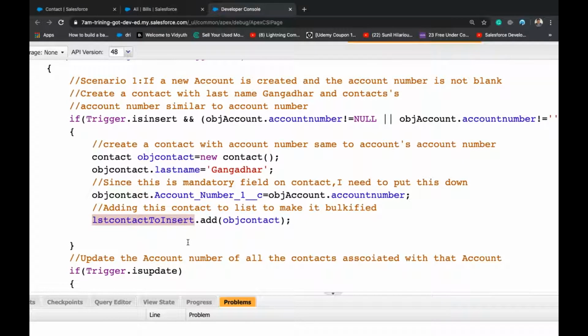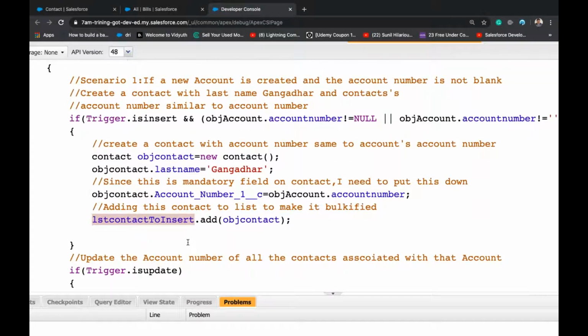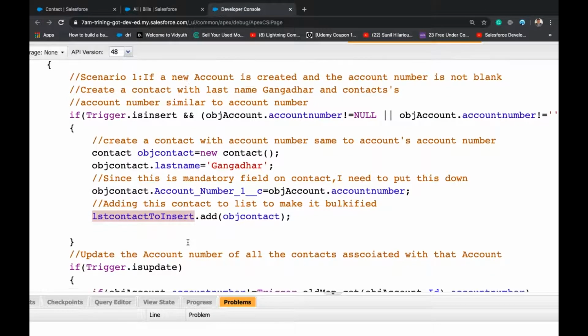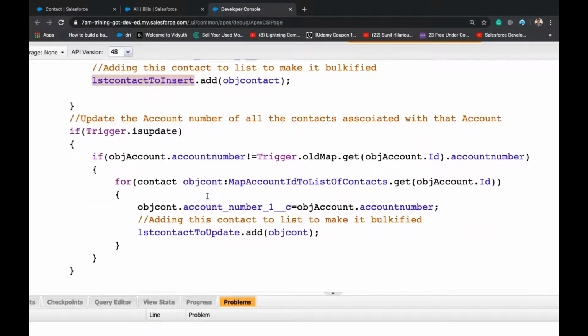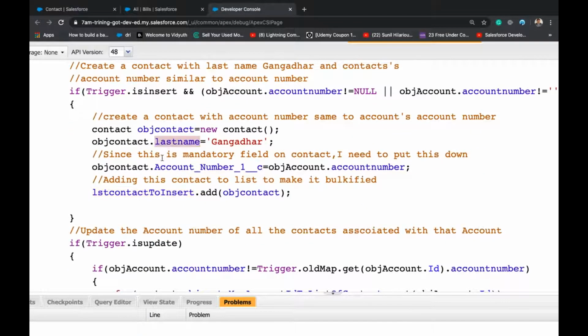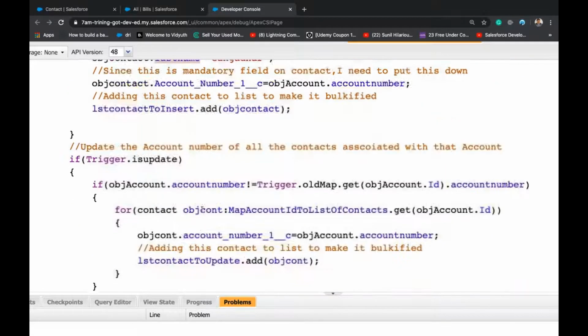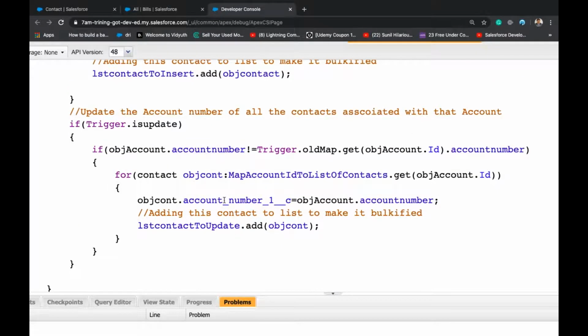This contact to insert. The same thing is done in update also, but here we are creating a new contact, and here we are taking the existing contact and updating it. Okay.